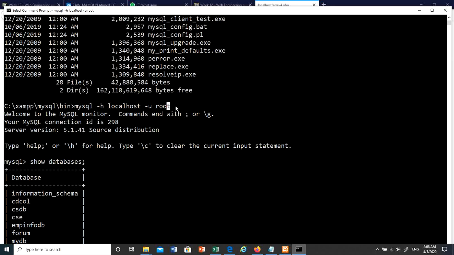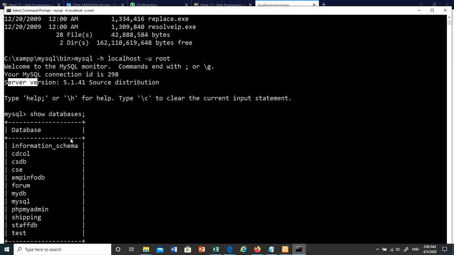By the way, you can type -p and then the password if there is a password. If there is no password, then you don't have to include it. But if there is a password, you can use -p here, and then put the password after that. But if there is no password, just leave the command just like this, and this will log you in to